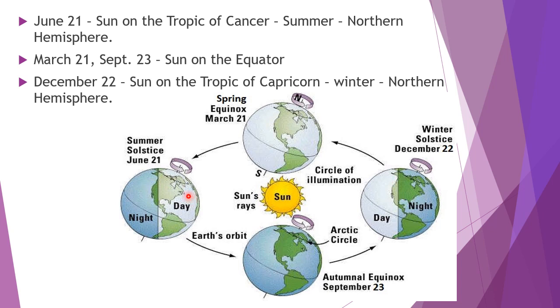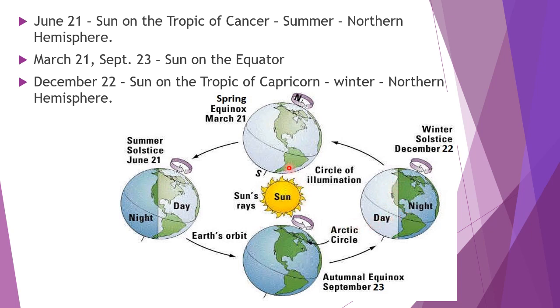Because of that reason, in the month of June we have the summer, that is summer solstice. At the same time you see that opposite, here southern hemisphere is facing towards the sun. Because of that reason, in the month of December, here it is the winter and here it is the summer.